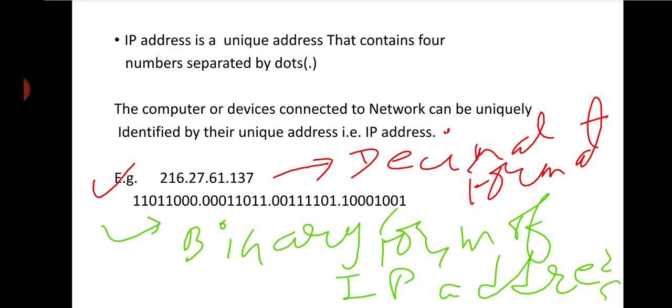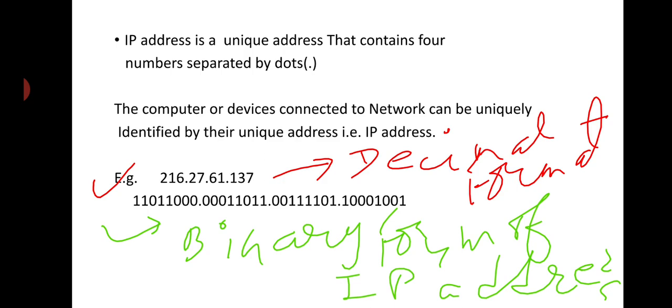Now see, if we are going to connect any computer system to the network, to find the address of a web address, we have to type the URL. But how is your computer going to connect with the network? This is done by your IP address, which is used at the data link layer of TCP/IP.